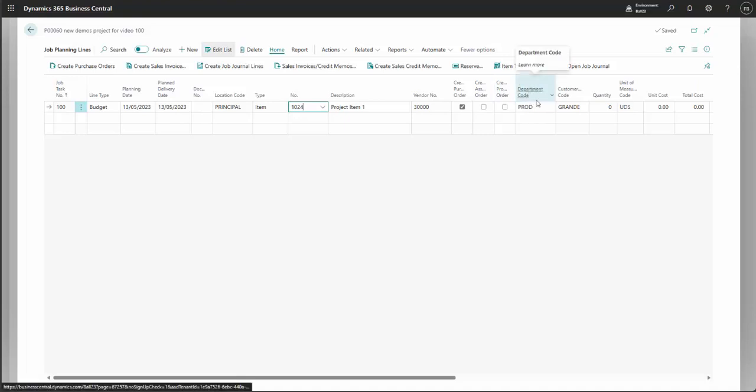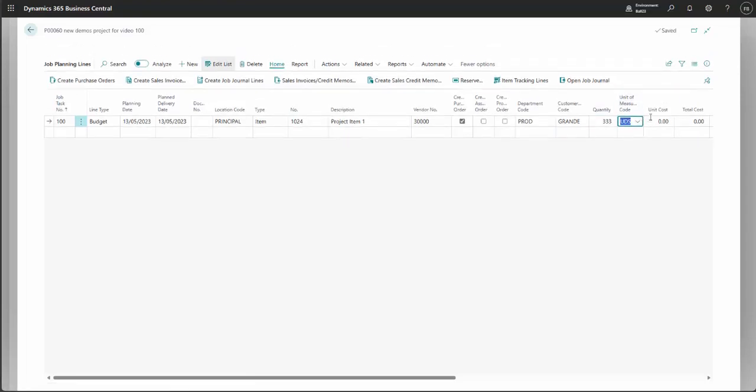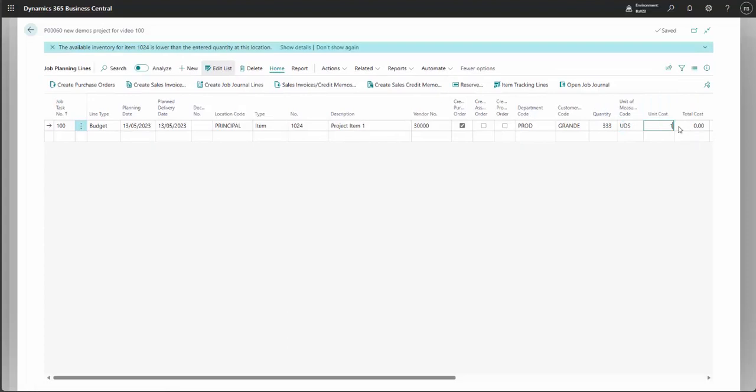This is the global dimension one, this is the global dimension two for this company. Let's put some quantity, 333, and put a cost per unit,